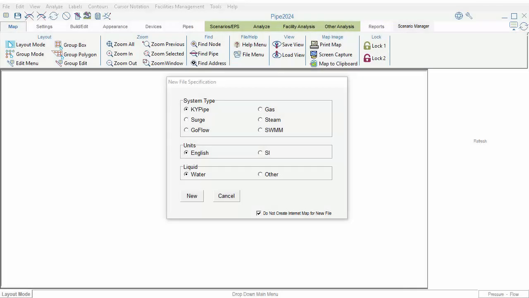When we create a new file, a specification window appears. KYpipe loads an initial pipe schedule depending on the selections made here. For instance, the initial settings are for a system type of KYpipe. We're using English units, and the liquid type is water. If we create a new file using these settings,